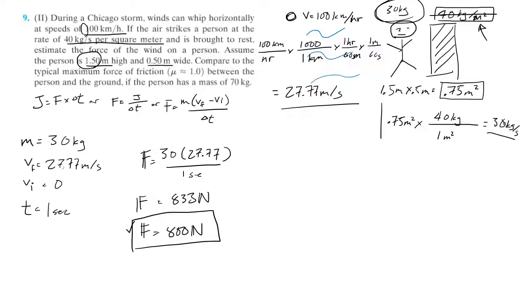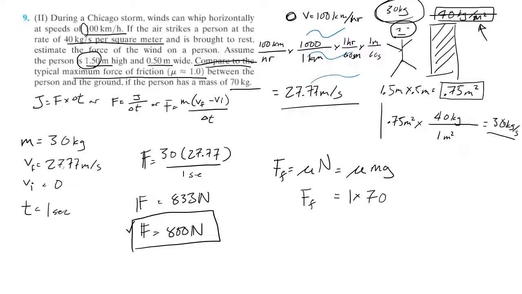Part two, compared to the typical maximum force of friction with a friction coefficient of 1. Okay, so let's see, the force of friction, if you don't remember, is the friction coefficient times the normal force, which is going to be the friction coefficient times mg, basically, right? So it's going to be 1 times a typical person has a mass of 70 kilograms, and then g is 9.8. If we do that math,